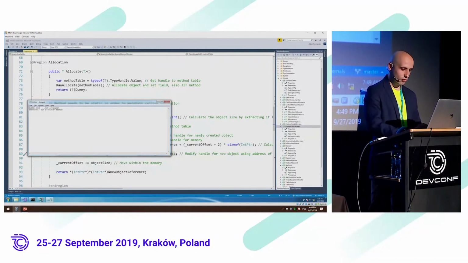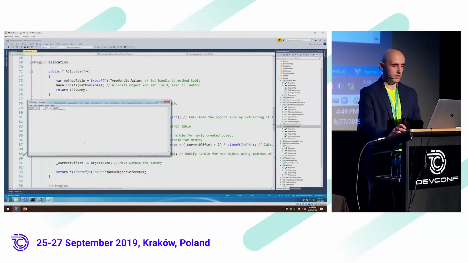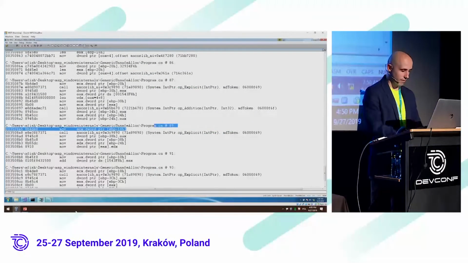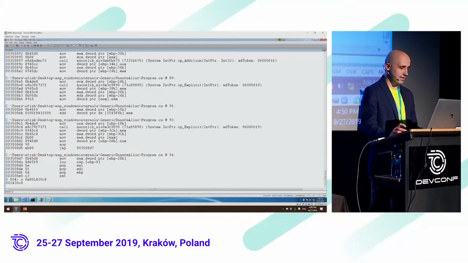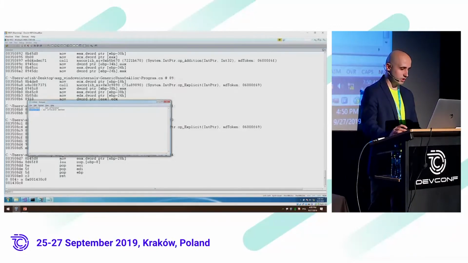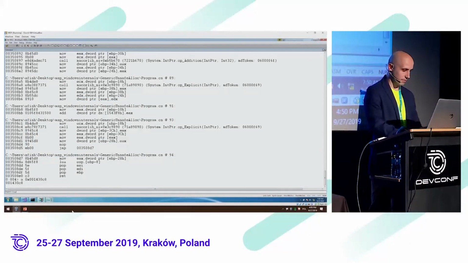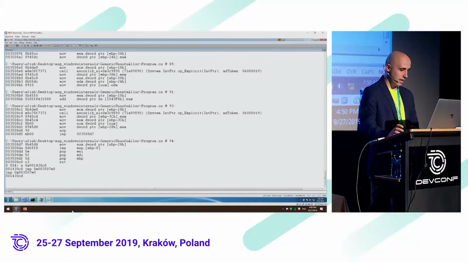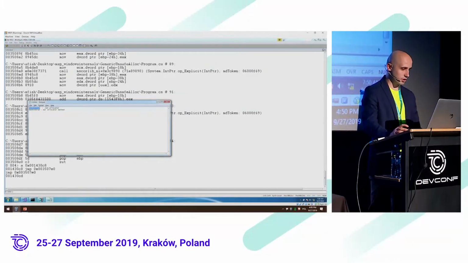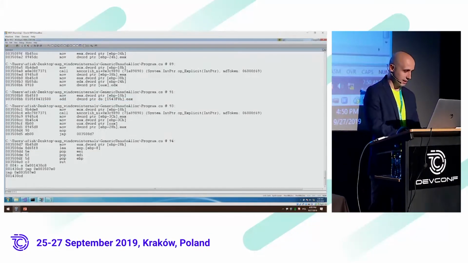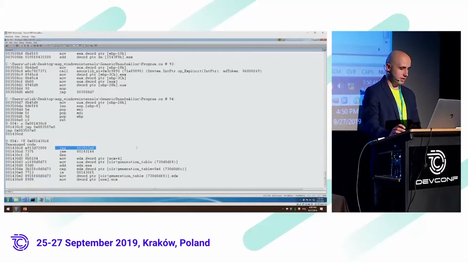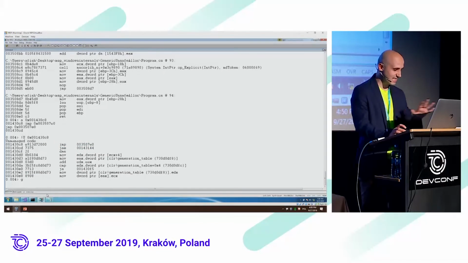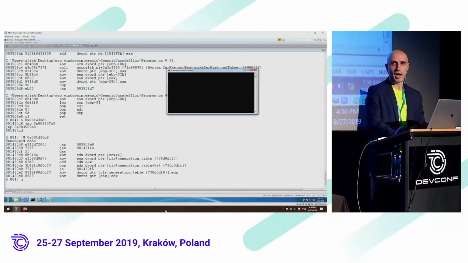So what we can do now is we can cheat .NET a bit. Let's take this original address, let's modify it, and as a first instruction, let's put a jump to our method. So I'm putting the jump here, and if I've done it correctly, I should be able to dump the original .NET allocator method again, and we can see there is some jump initially. If I now start the application, assuming I didn't mess up any of the pointers, I should press